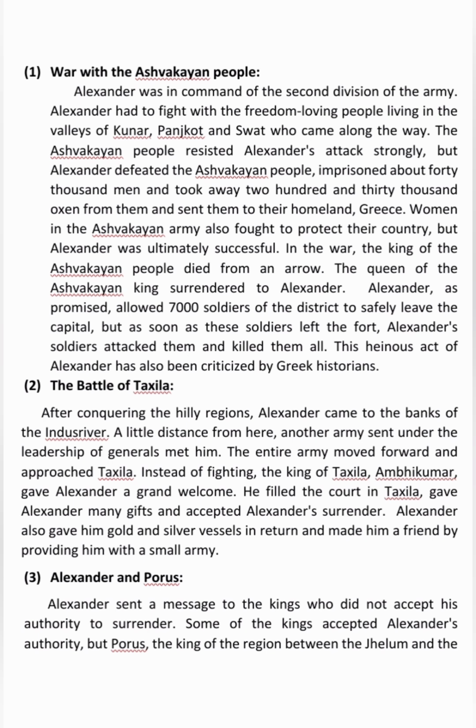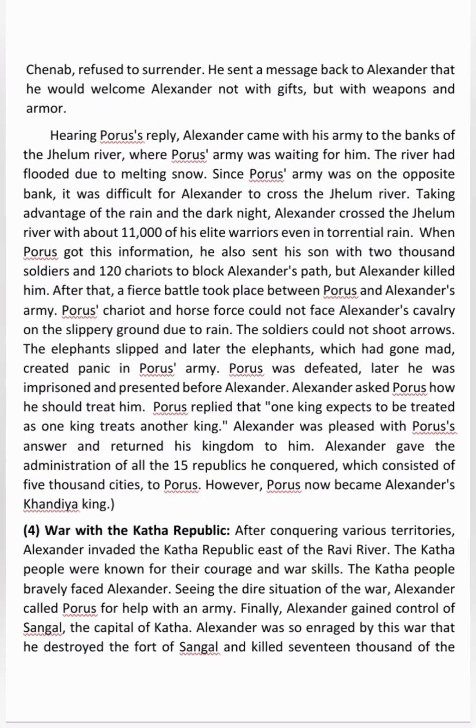Alexander sent a message to the king, who did not accept his authority, to surrender. Some of the kings accepted Alexander's authority, but Porus, the king of the region between the Jhelum and the Chenab, refused to surrender. He sent a message back to Alexander that he would welcome Alexander not with gifts but with weapons and armor. Hearing Porus's reply, Alexander came with his army to the banks of the Jhelum River, where Porus's